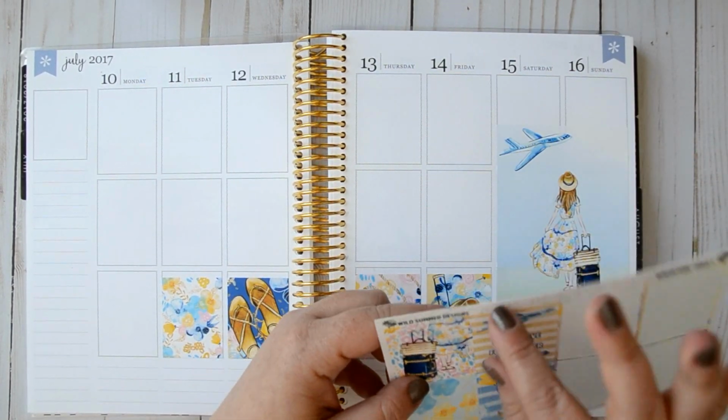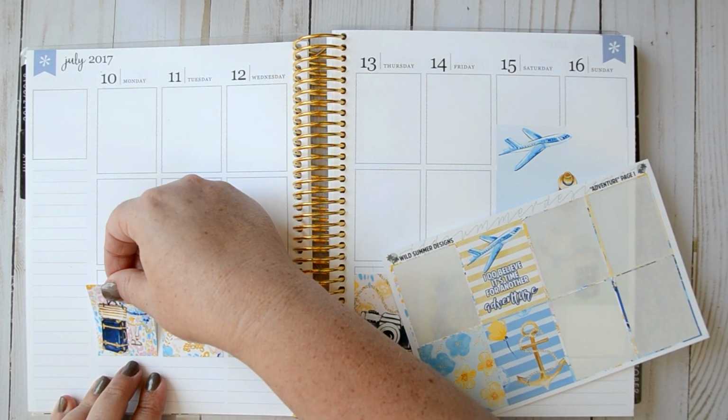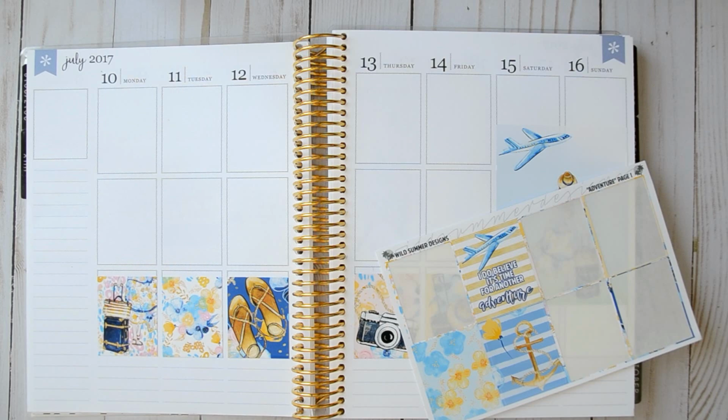I love her glossy stickers. They're really thick, and I really like that. They just seem really sturdy, and they're really stiff and easy to work with. I've been hoarding this kit for this trip, and then I recently